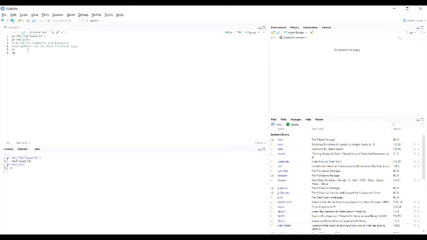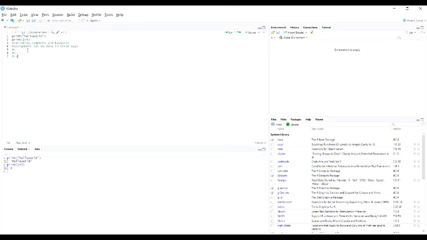Second one is leftward assignment, for that we use less than and dash. Third one is rightward assignment, for that we use dash and greater than. These are the 3 assignments we can do when we are working with variables.